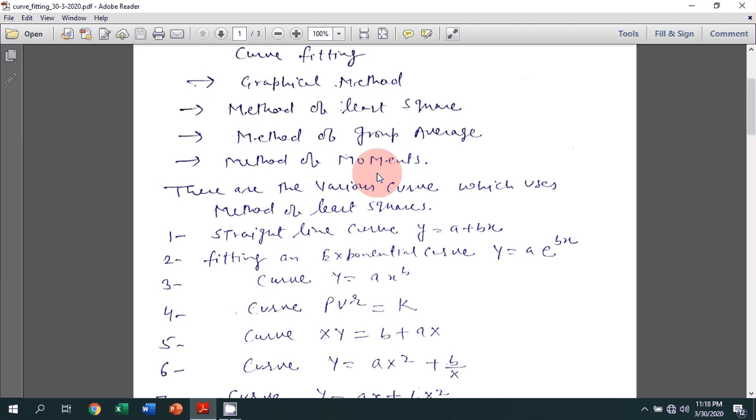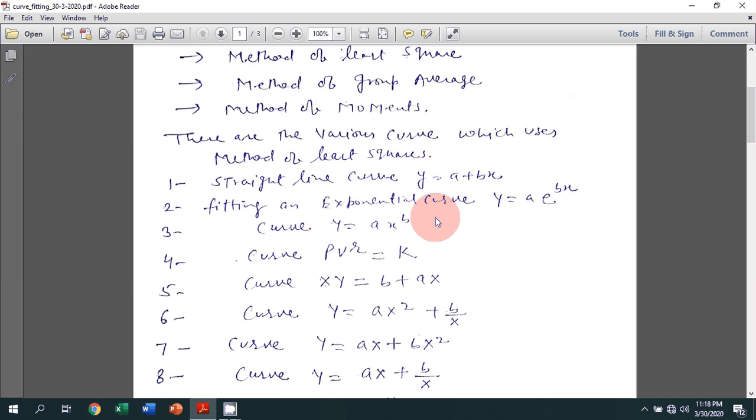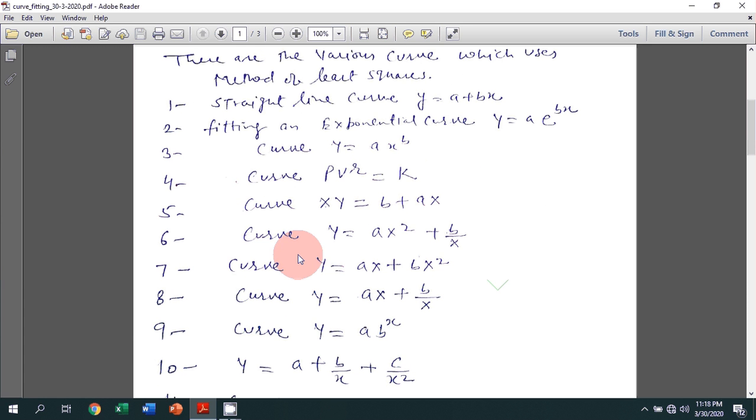Students, in our syllabus we use the method of least squares. There are various curves which use the method of least squares. These curves are the straight line curve, that is y = a + bx, fitting an exponential curve y = a e^(bx), and the next curve is y = a x^b, and the next curve is p v^r = k, and the next curve is xy = b + ax,